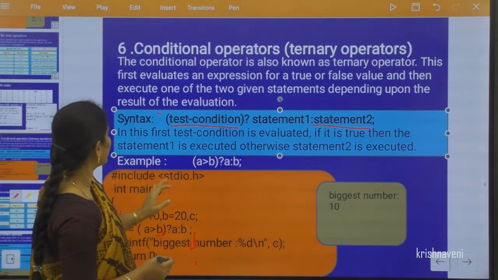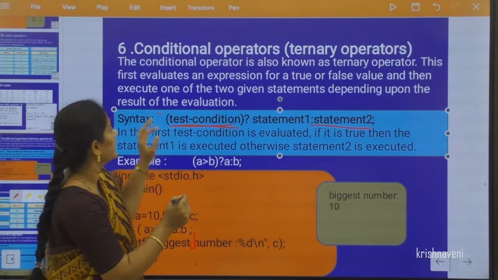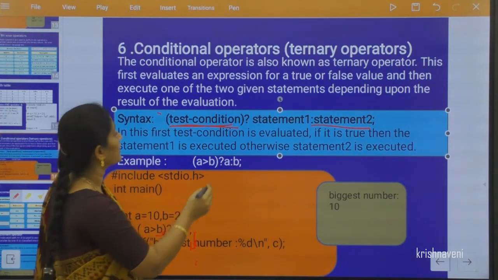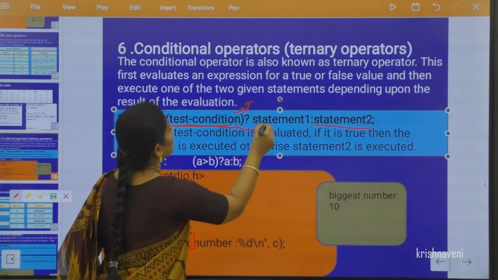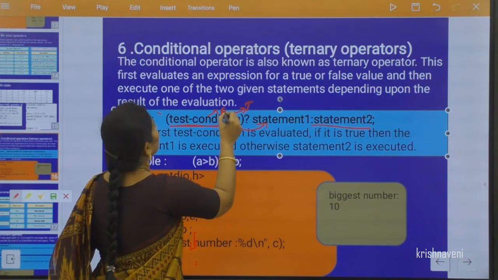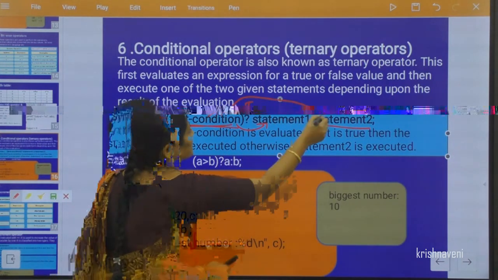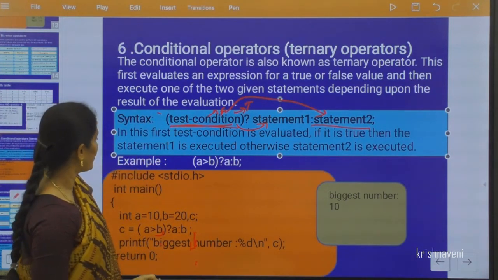So here the syntax is test condition. As I already told, it will first check the condition. If the condition is true, it will print statement 1. If the condition is false, it will print statement 2. So this is the syntax for the conditional operator.